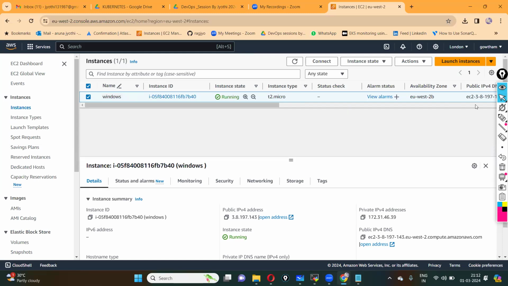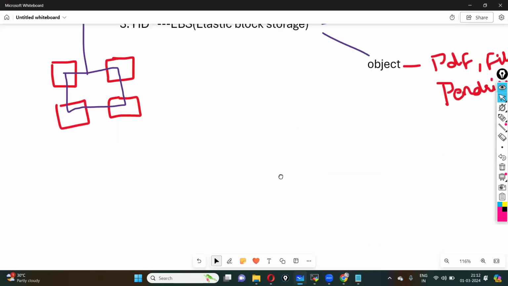So just see, not only simply launching the Windows server, you have to make use of this server. If you are buying a car, after buying a car simply keeping it in your home doesn't make any sense, right? You have to enjoy the ride. In the same manner, not only simply launching the instance, you have to connect to this instance. So here, if you want to connect to this instance,